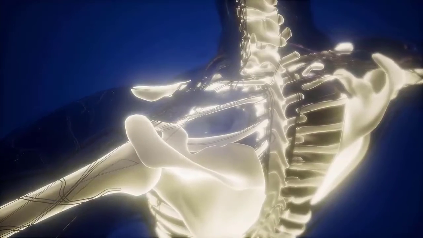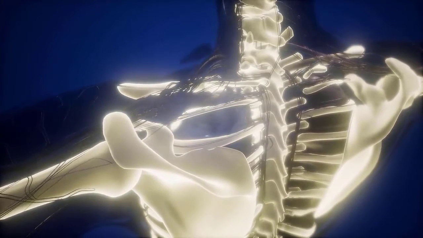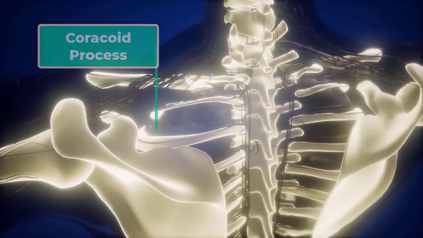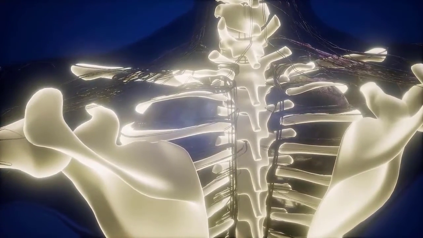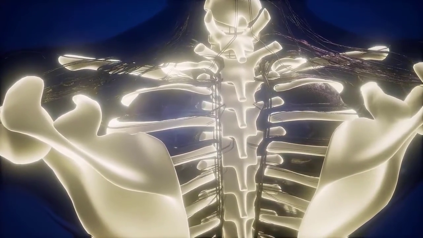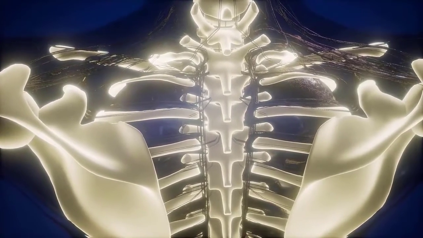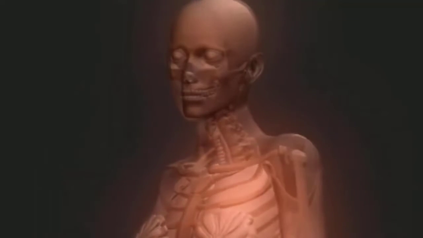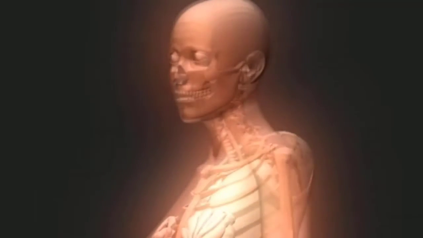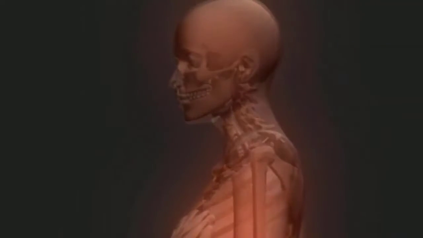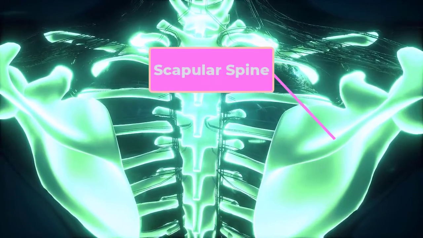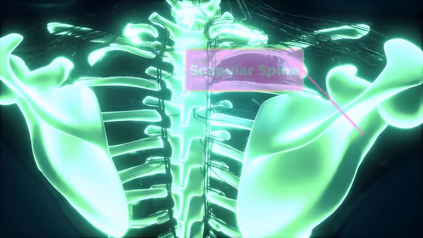The scapula also has two prominent projections. One is the hook-like coracoid process. At the shoulder joint, the coracoid process is located inferior to the lateral end of the clavicle. It is anchored to the clavicle by a strong ligament and serves as attachment sites for muscles of the anterior chest and arm. On the posterior aspect, the spine of the scapula is a long prominent ridge that runs across